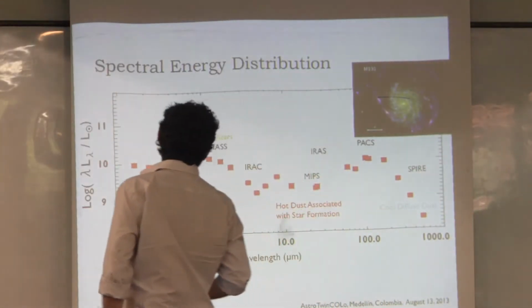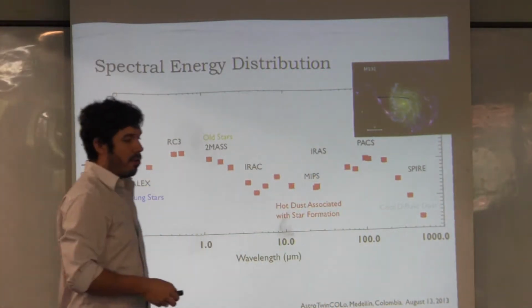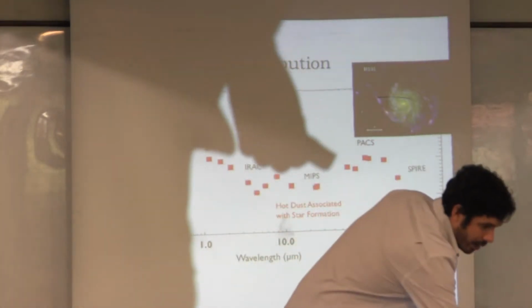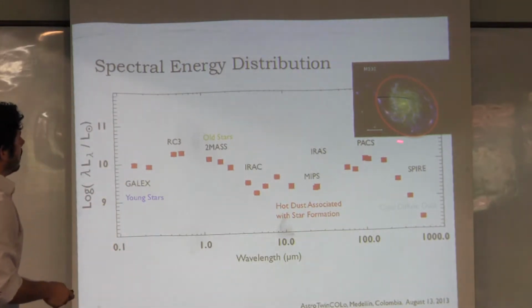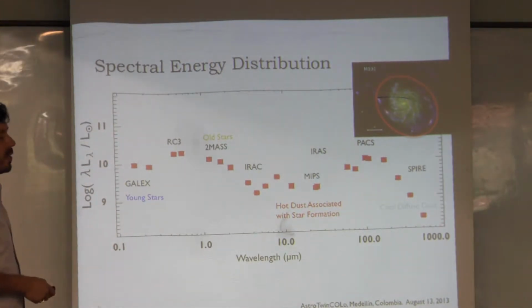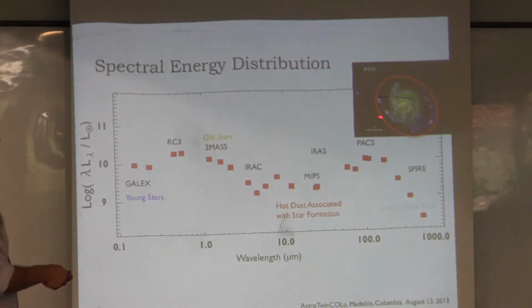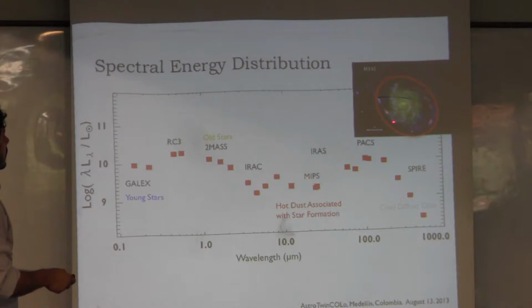So what do you do? You have a galaxy, again M101 for example, and then you want to measure all the flux that this galaxy is emitting at a particular wavelength. So you decide what's the size of your galaxy, and then you make an ellipse around it, and you measure all the flux that is contained by that aperture. And at each wavelength you do the same, making sure that your aperture is the same for each wavelength. This is not necessarily an easy task because you have different resolutions, different telescopes, etc., etc. But in principle you can do it.